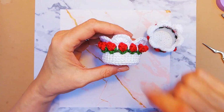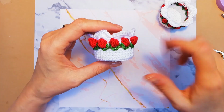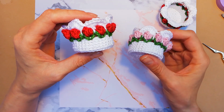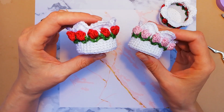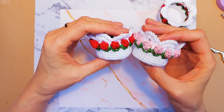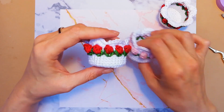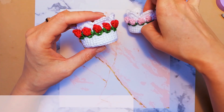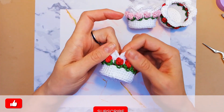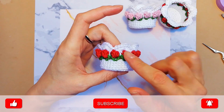So this one was the one I was making. This one was a testing one, so I can leave it here aside. For this one, I already made one video tutorial, but something went wrong while transmitting files from one device to the other, so I lost this one, unfortunately, so I had to do it again. And I'm actually really pleased that I've done a red one, because I think you can see more the tulips,